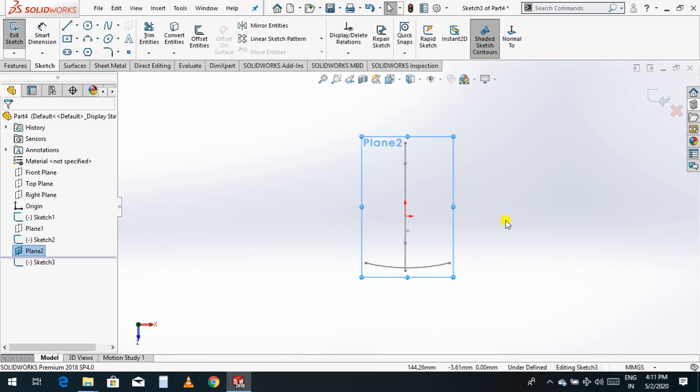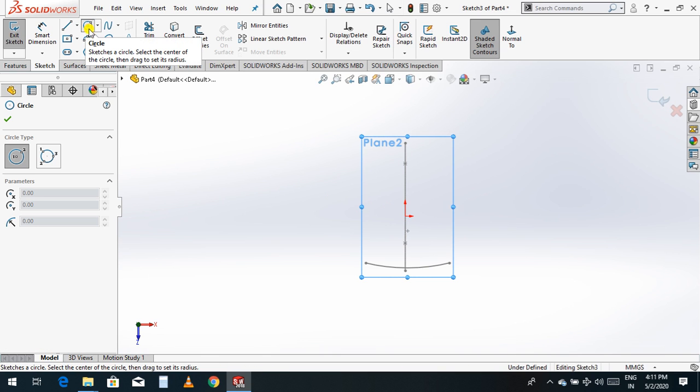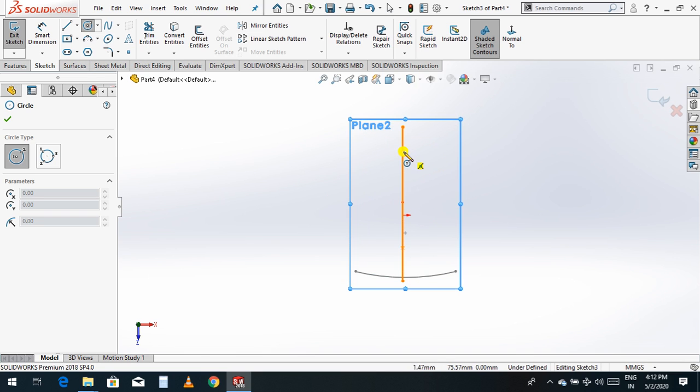Now I want to draw one top view of the profile, so I will choose one center circle, and I will draw one arc circle.